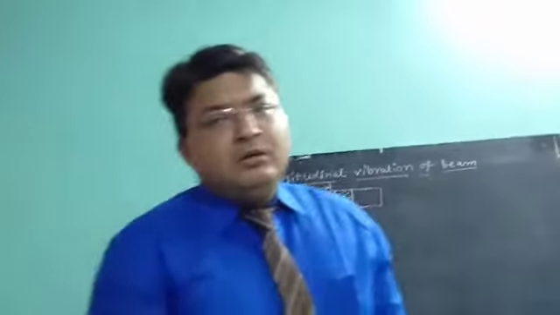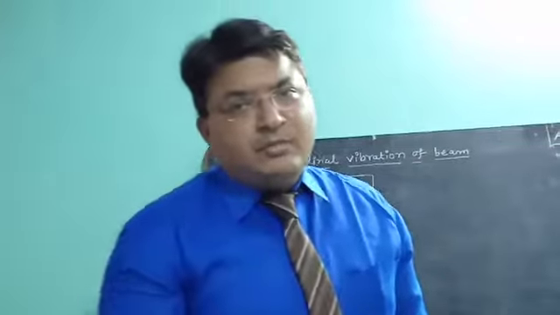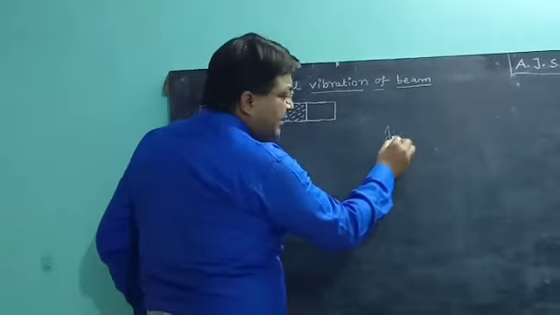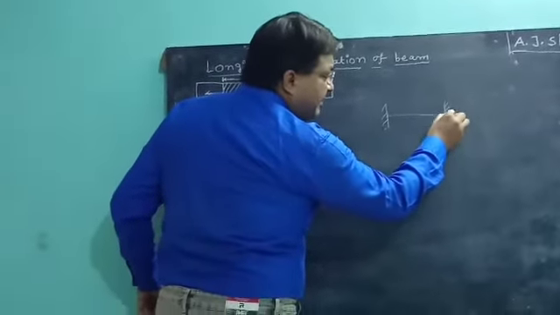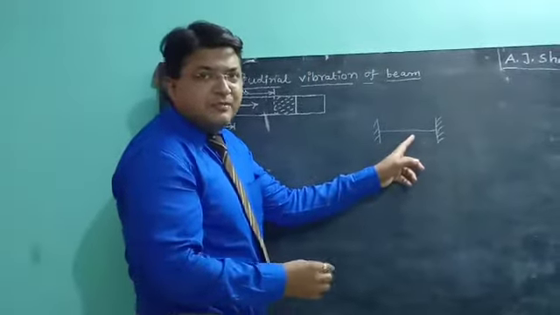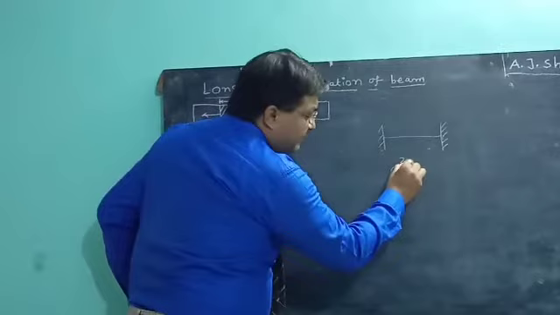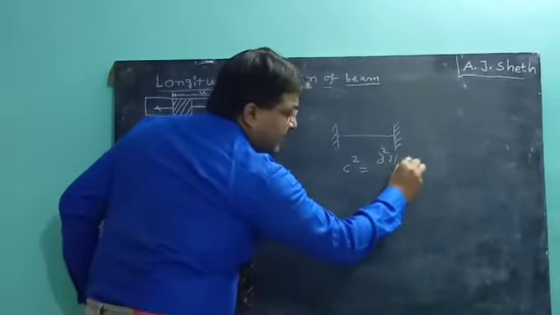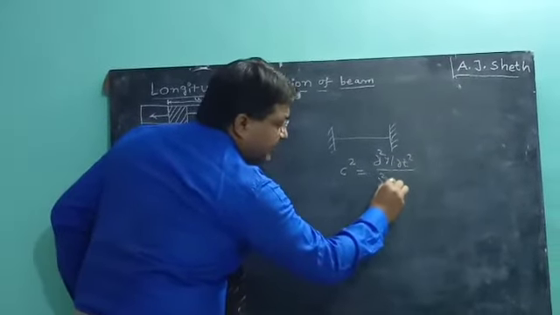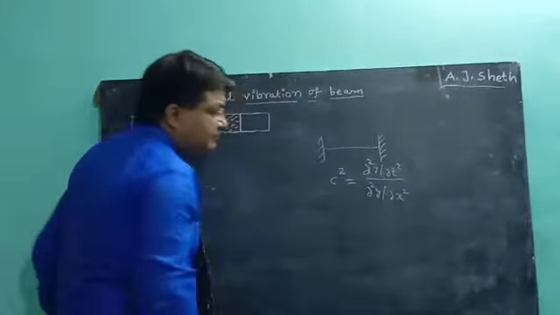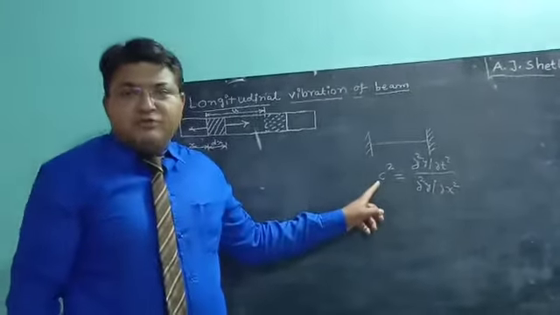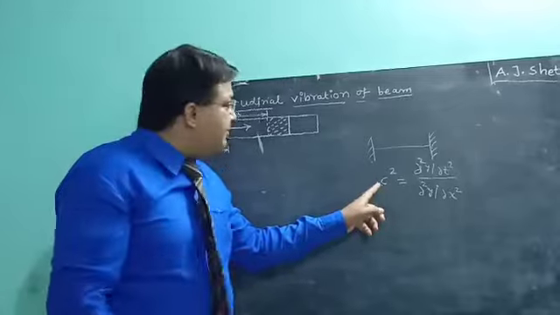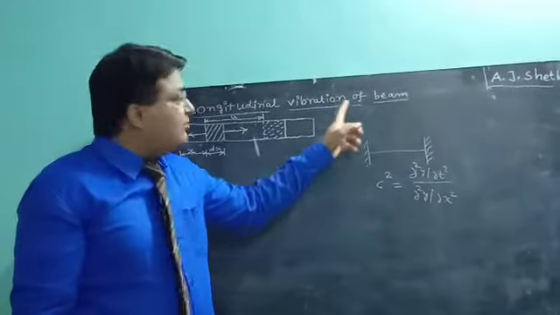Now, in continuous vibration of systems, last time we saw transverse vibration of a string, and for this string the wave equation was derived: del square y by del t square is equal to c square into del square y by del x square, where c is wave speed. Keeping this in mind, today we are going to understand the concept of longitudinal vibration of a beam,